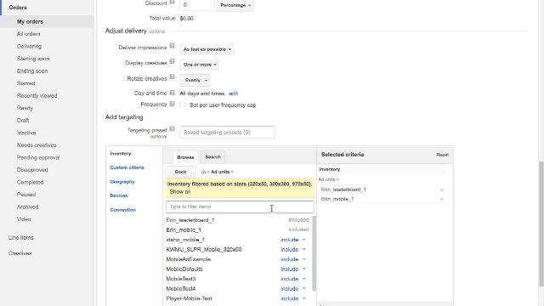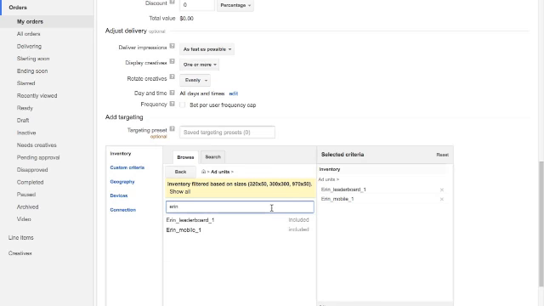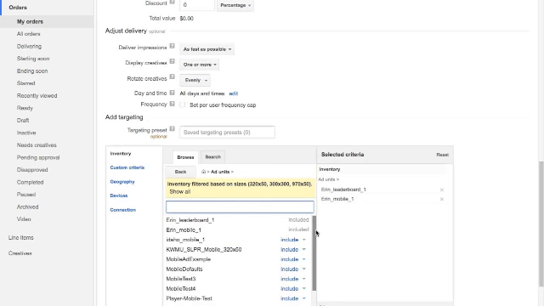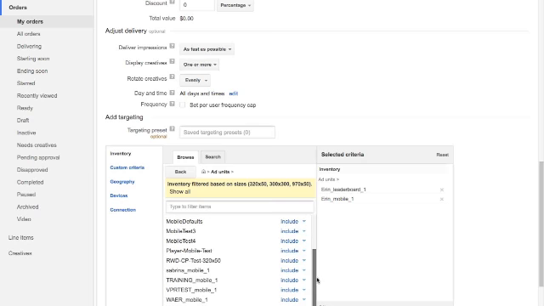So we can say Aaron is this account, and then we would add any additional ad units we wanted. So if we wanted it to show up in the 300 by 250, we could do that as well. You just want to make sure that you're selecting the ad units that you just brought